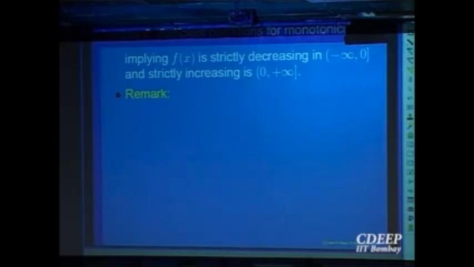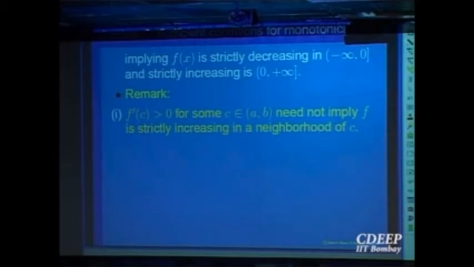Of course, you can ask whether that second condition, that f prime of x is strictly bigger than 0, implies f is strictly increasing. Is the converse of that statement true or not? The derivative is strictly bigger than 0 implies f is strictly increasing. Can you say the converse? If the function is strictly increasing, can you say the derivative is? So let us look at some examples.